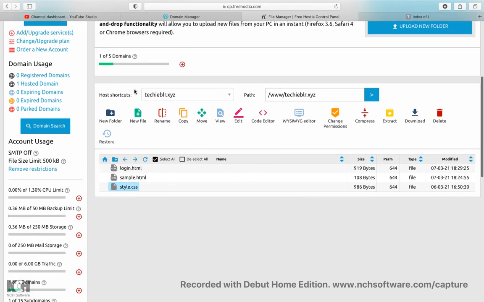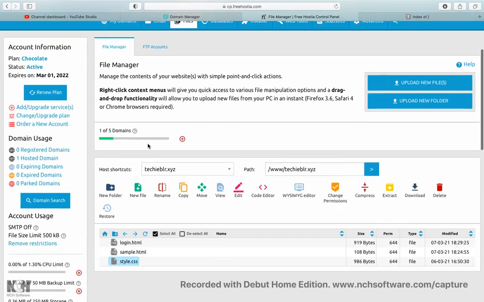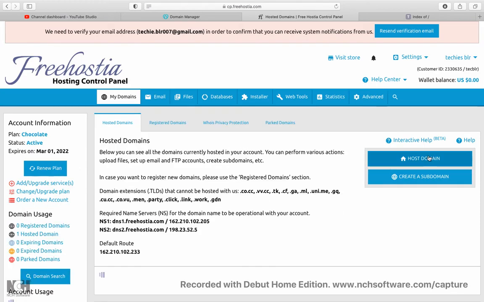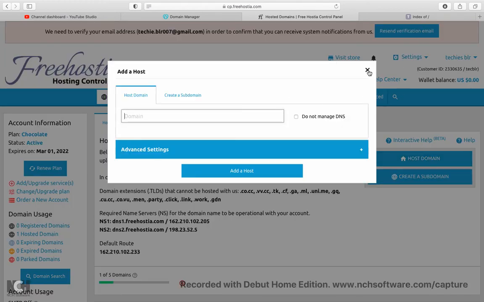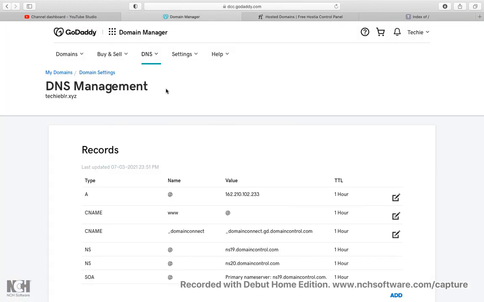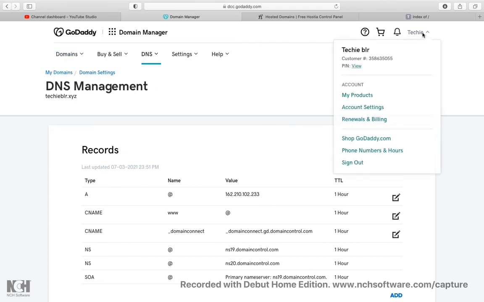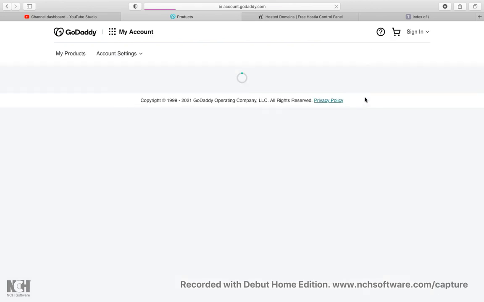So like this, I can create any number of domains. Suppose I have one more domain. If I want, I can create a few more domains, but I need to purchase the domains. This is all one account. I have already created one domain.